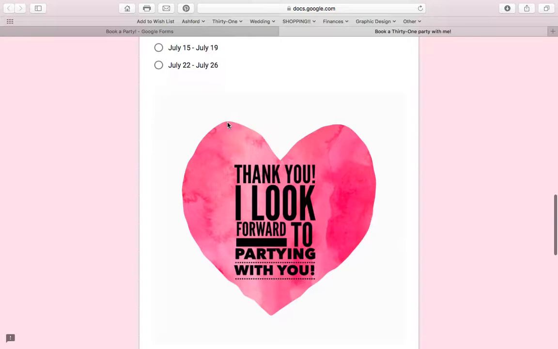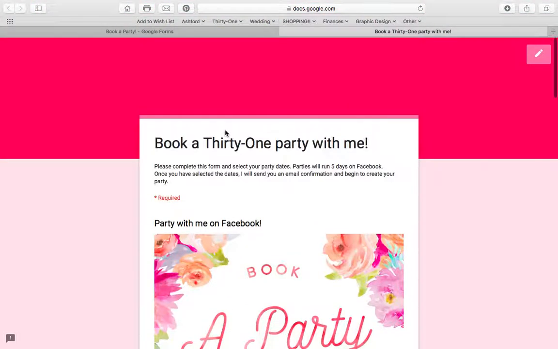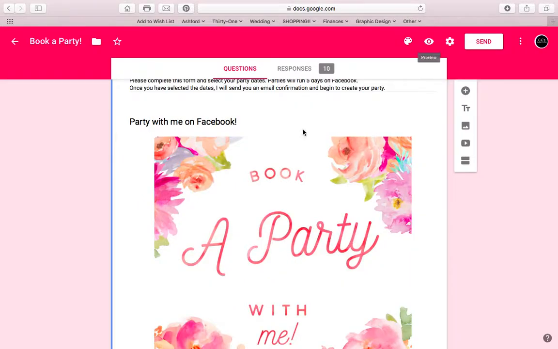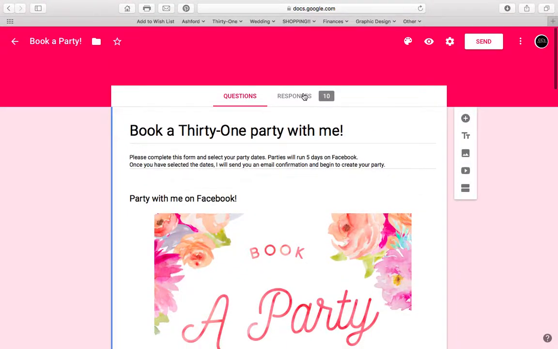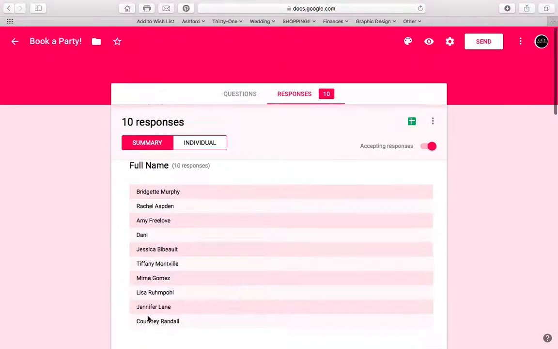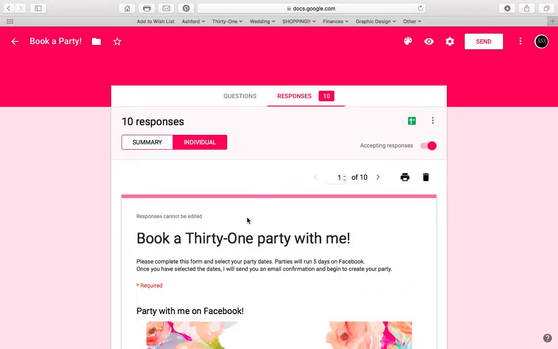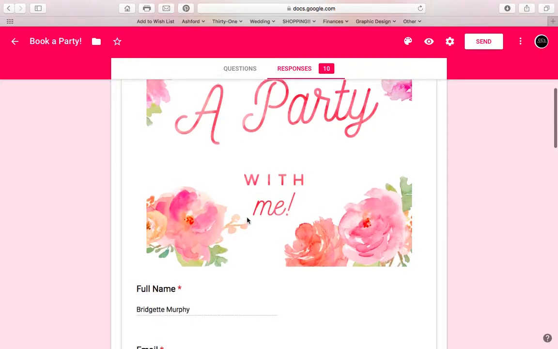So this is what my form looks like, and I'm just going to show you how I do that. And notice I have my responses here. So here are all my customers, and I'm not going to show you the information because I don't think I should be showing you their information. But I can also click individual, and then I can see each individual